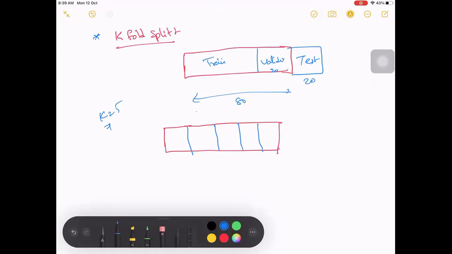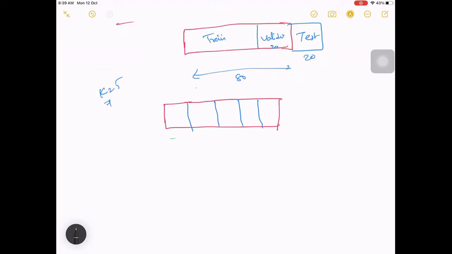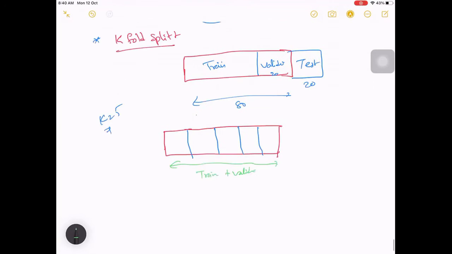This is the complete data which should be used for both training and validation. Out of this data, if you take 5 folds, for example, 4 folds will be training and 1 fold will be for validation.